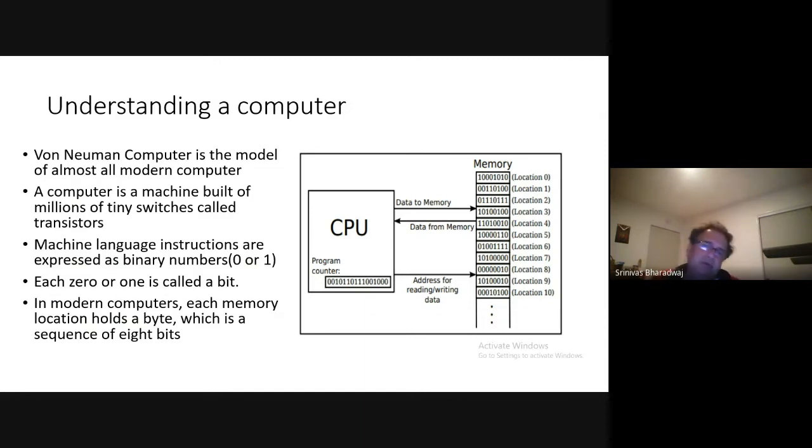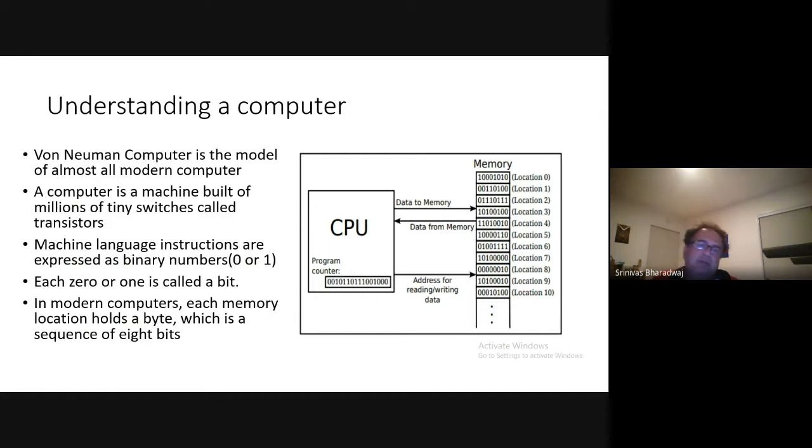What is a von Neumann computer? A von Neumann computer is a machine built with millions of tiny switches called transistors. A transistor typically is a gate which stores 1 or 0, or which involves 2 inputs and 1 output. So that is, a transistor typically has 3 polarities. Okay? So now